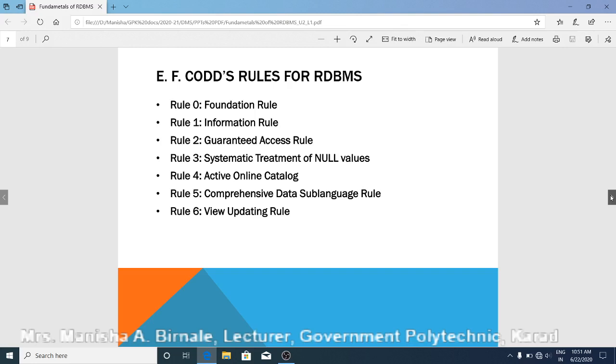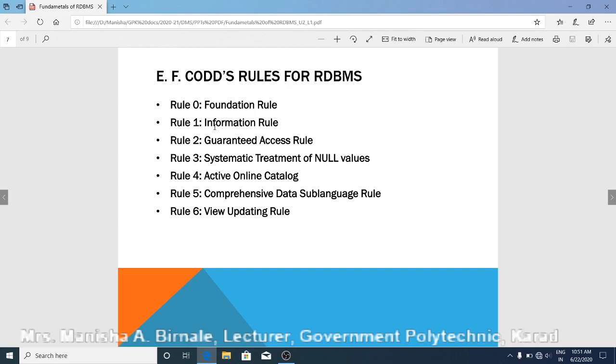The rule 0 foundation rule states that the system must be capable of managing its database through its relational capabilities. So the database system should be able to manage its database through relational capabilities. All the rules are based on this foundation rule.